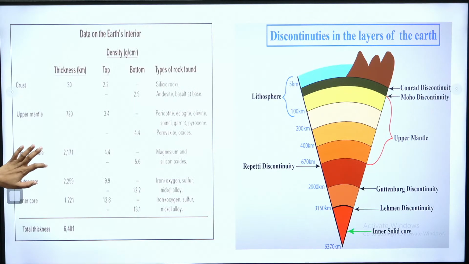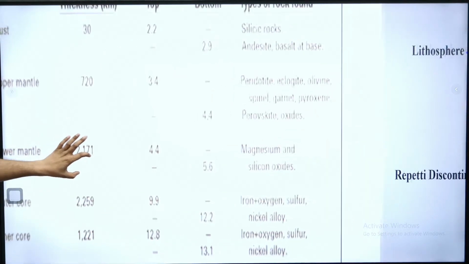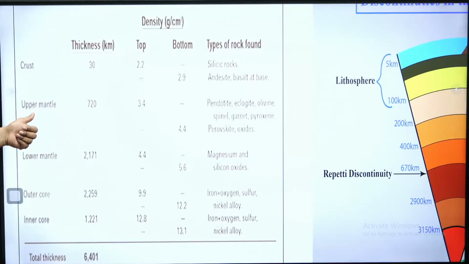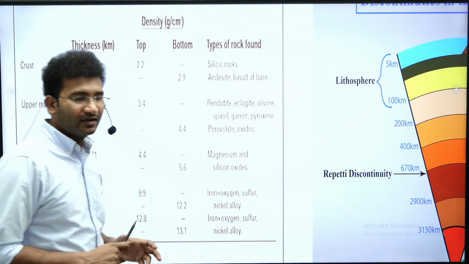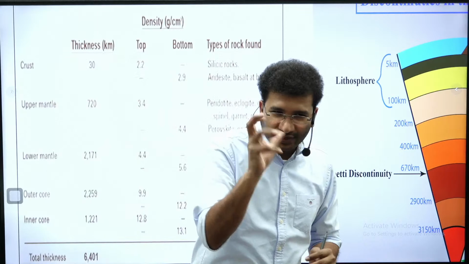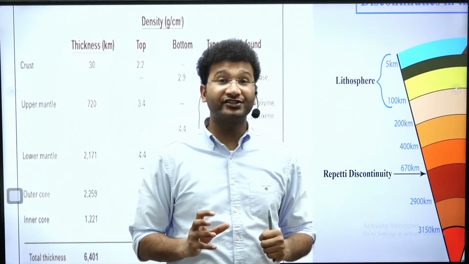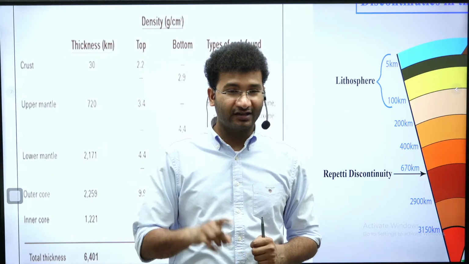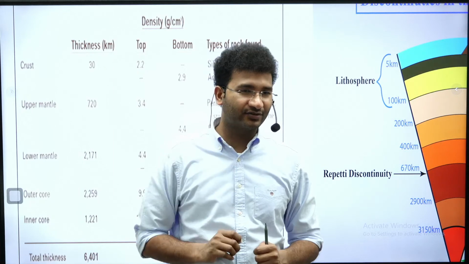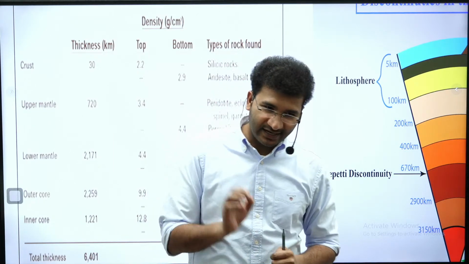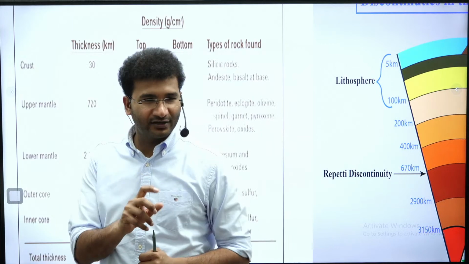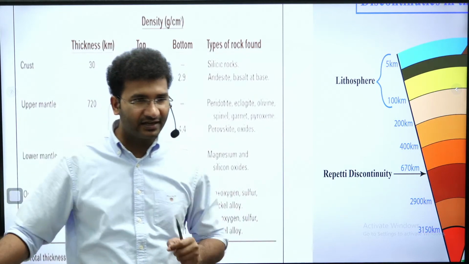the variations in the density. Upper mantle thickness 720, lower mantle around 2000 plus, outer core 2000, inner core, it is very small in size. And you know, inner core also rotates. The rotational speed of the inner core is different. In fact, it moves faster than the Earth, you know. Recently article hai, the speed of the rotation of the inner core might have reduced. This is the article, and